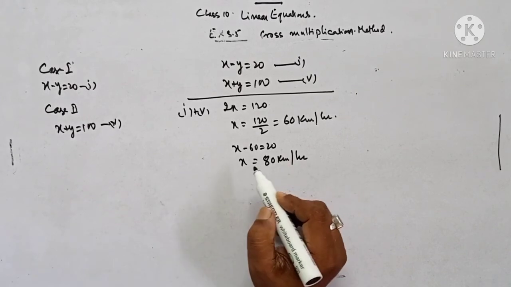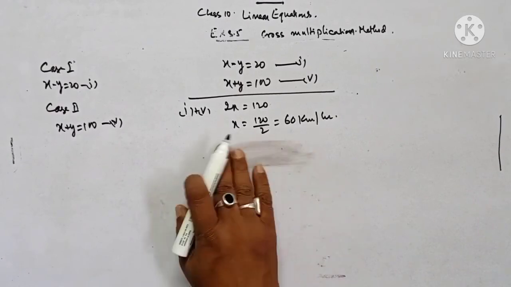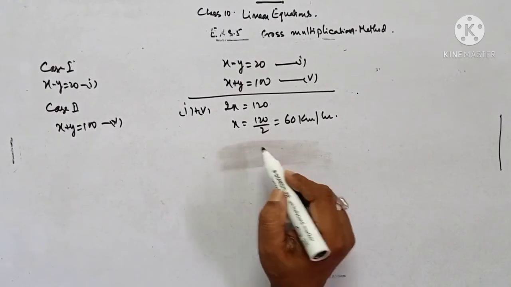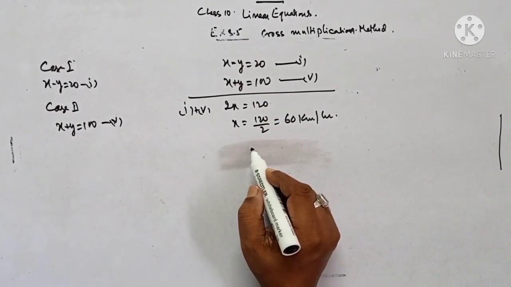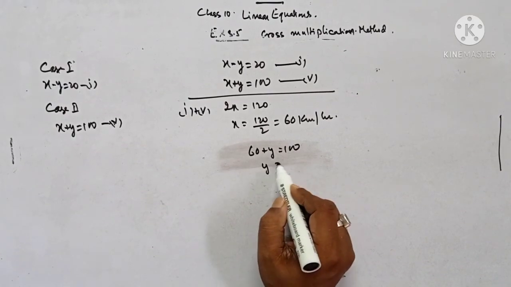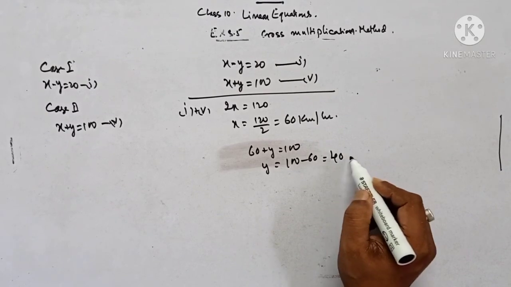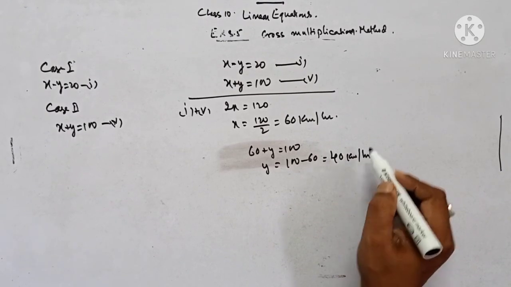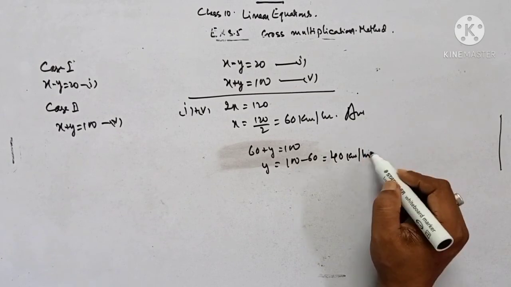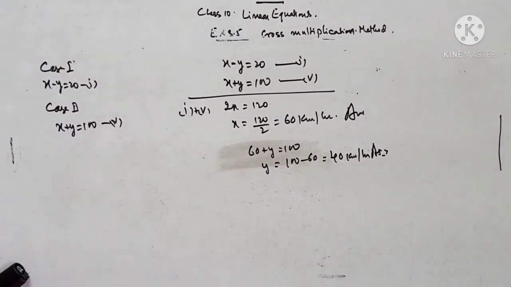I made a mistake here. Let me select equation 5. So 60 plus y is equal to 100. So y is equal to 100 minus 60, that is equal to 40 kilometer per hour. These two are your answer. So car at A will